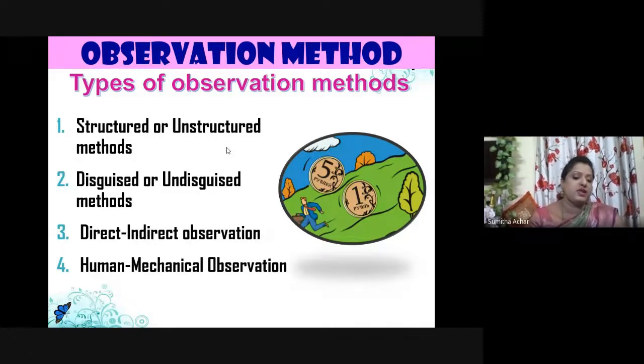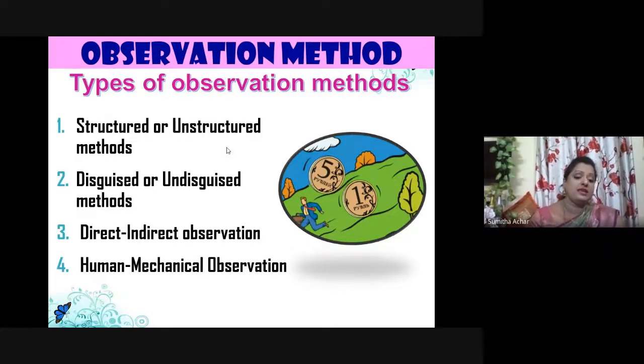For example, direct observation is where exactly the respondent knows that the respondent is being observed. Indirect observation is normally done in companies. By looking at the growth, you make observations, right? By looking at the dashboard of the company, you make some observations. Sales records, you make observations. Market value, you make observations, and so on.